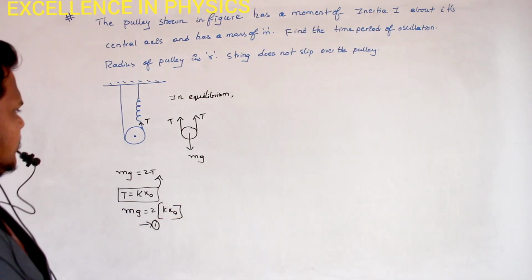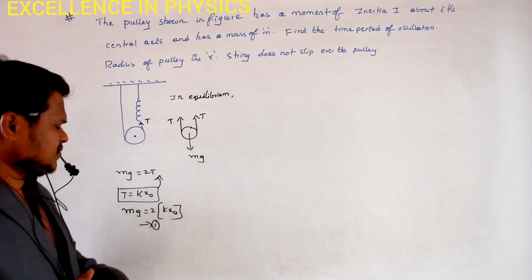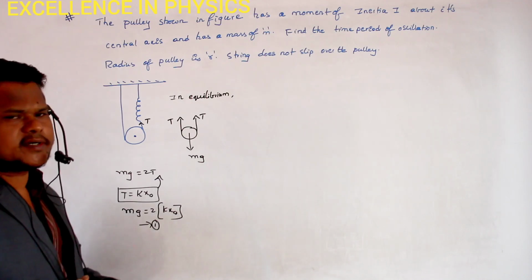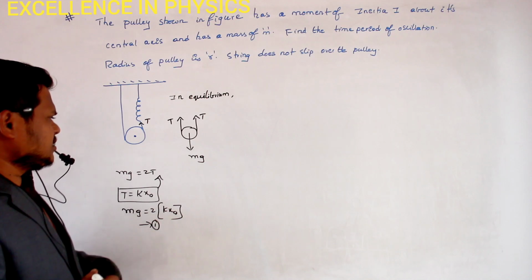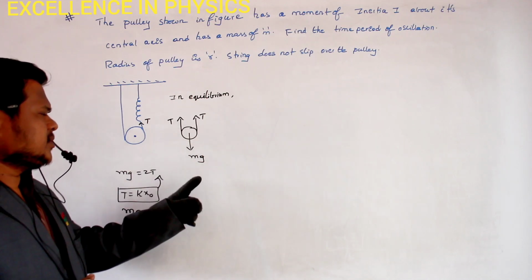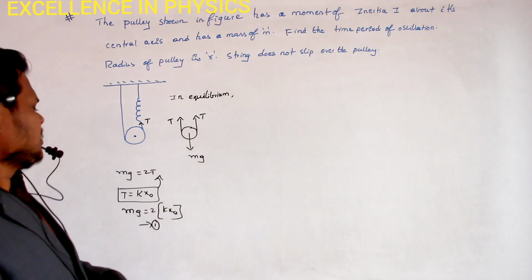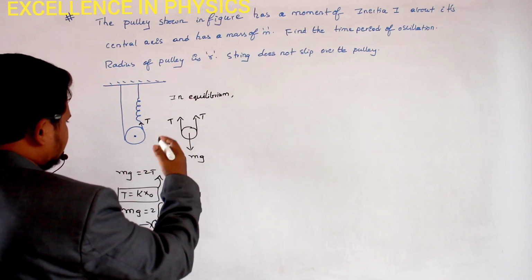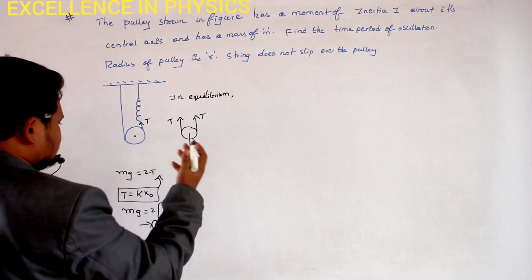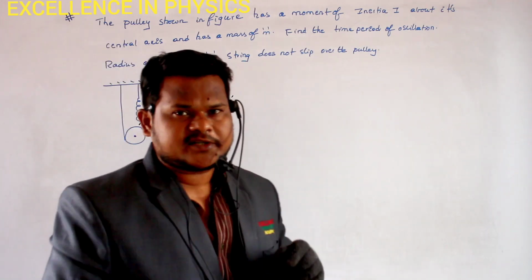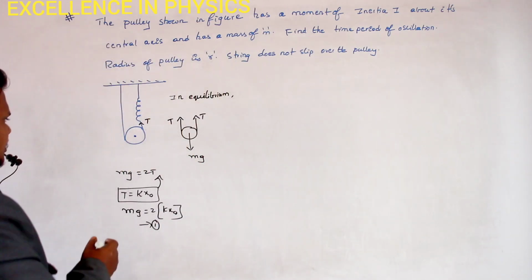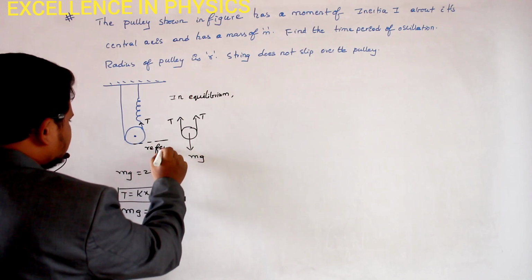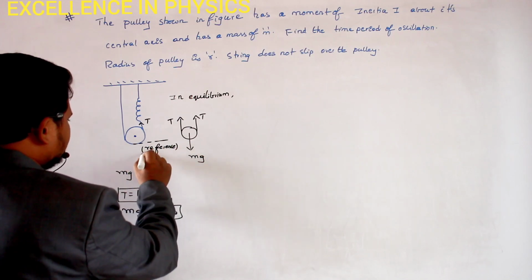Are you able to understand? So initially, when the system is in equilibrium, the weight of the body is equal to 2 times k into x naught. Clear? This is already understandable, that mg and 2T should be balanced with each other. Now, to calculate in the same method we followed previously, first of all we should select a reference of potential energy. So the initial position itself, I will take as my reference for potential energy.